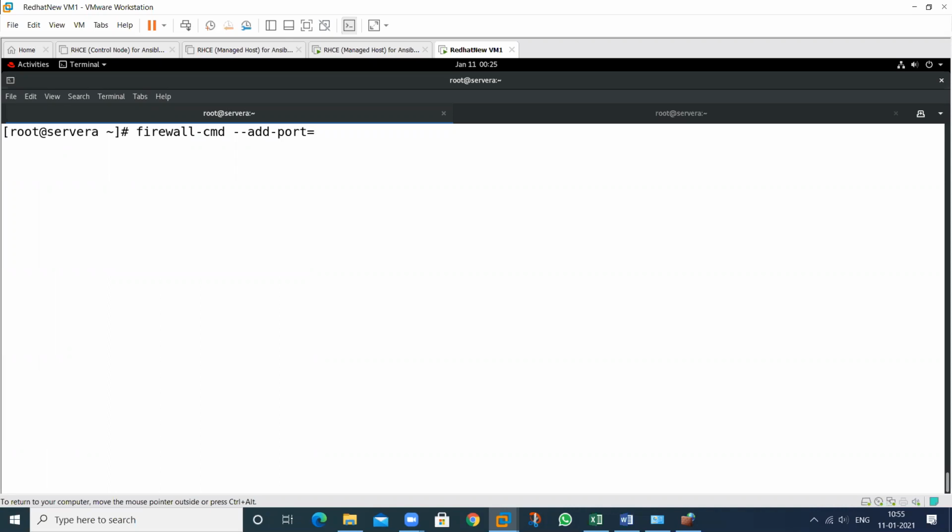Suppose you want to allow multiple ports or multiple services at the same time, just type this. Suppose we want to allow more than one service, HTTP, comma, HTTPS. So you just need to type the curly bracket.